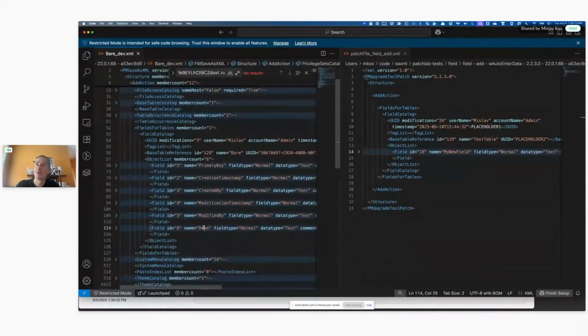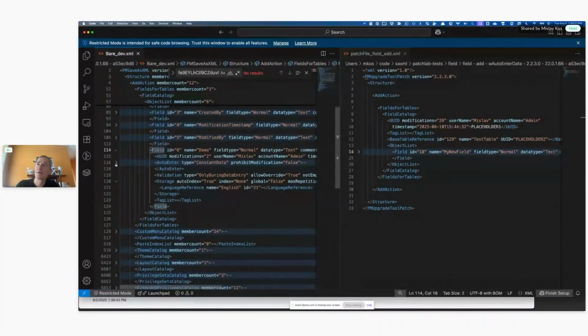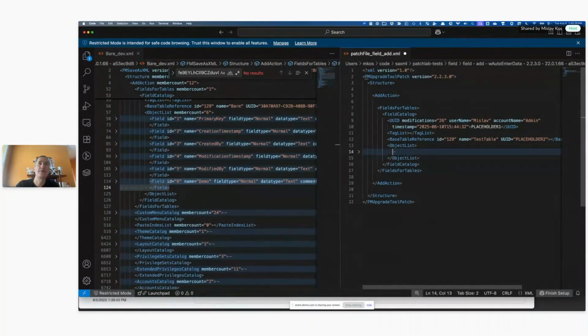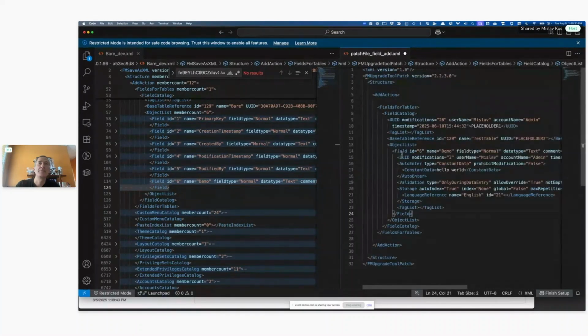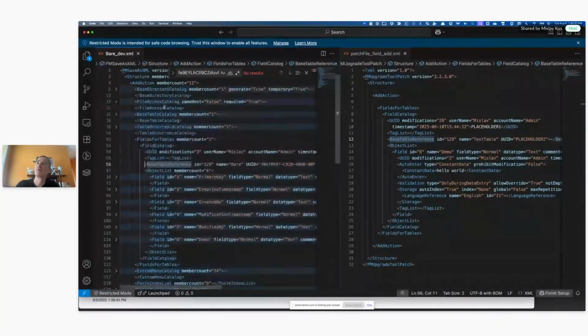Here it is, demo. And I'm just going to take the entire element. And notice I don't need to know what's inside of it, right? I could look at it, but also I could just keep it collapsed and just think of it as a black box, and then carry it over into my patch file. And then I'm going to also need to tell the tool which table this field belongs to. I'm going to do that by copying this table reference